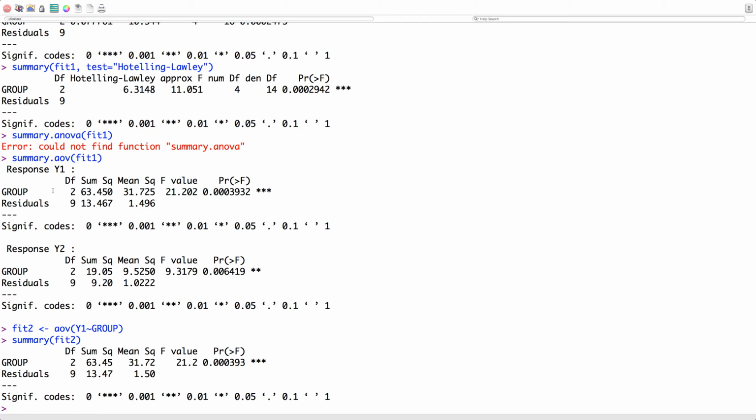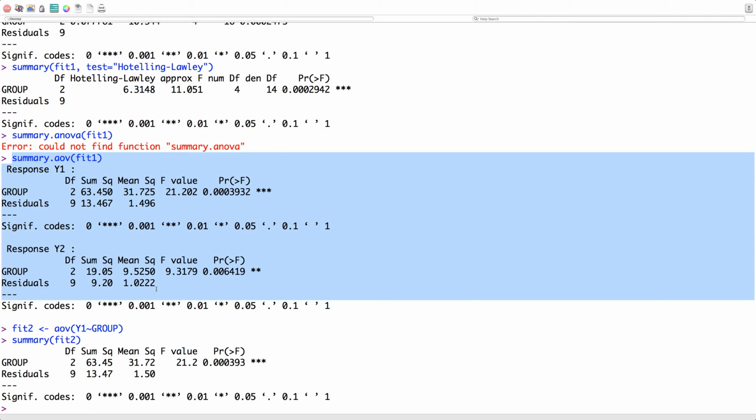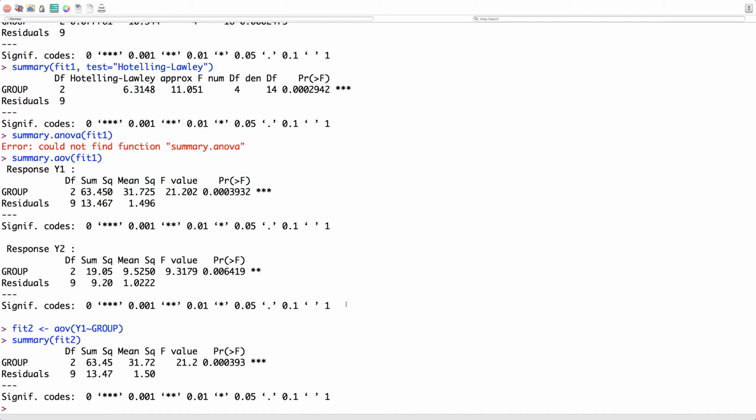Okay, so that's exactly what this is doing up here. I thought something else was going on, but no, I was wrong. So that's really what the summary.aov does in MANOVA, it just breaks it down and conducts two ANOVAs. So it gives us an indication. There's a statistically significant difference in Y1, and there's a statistically significant difference in Y2 across the groups K1, K2,